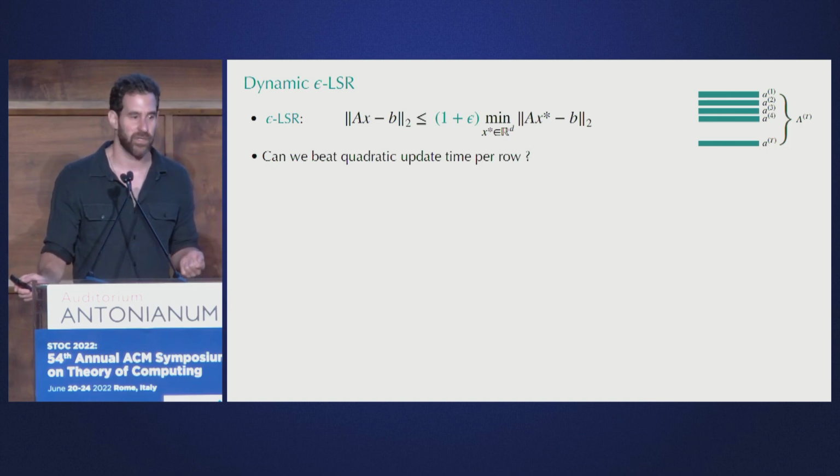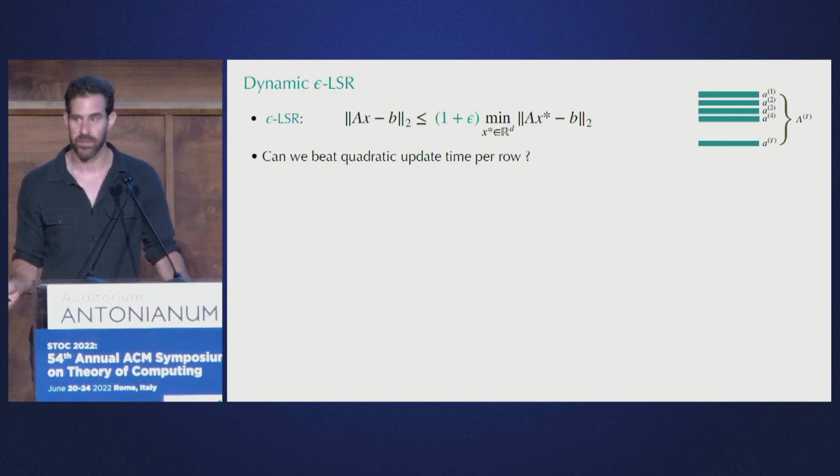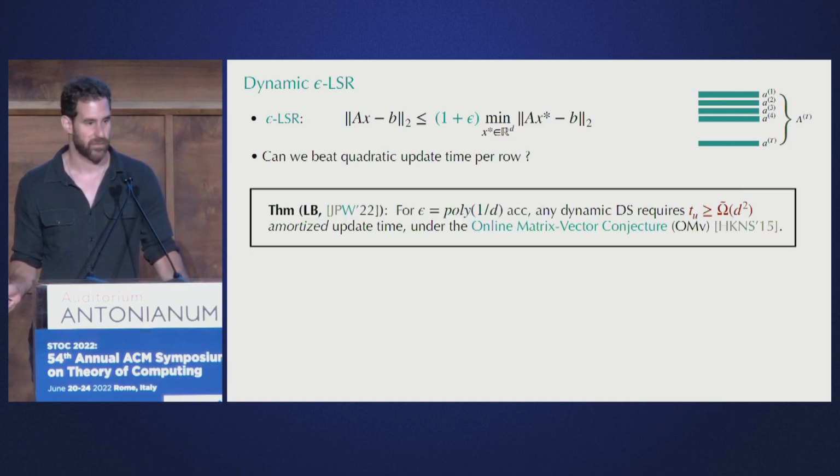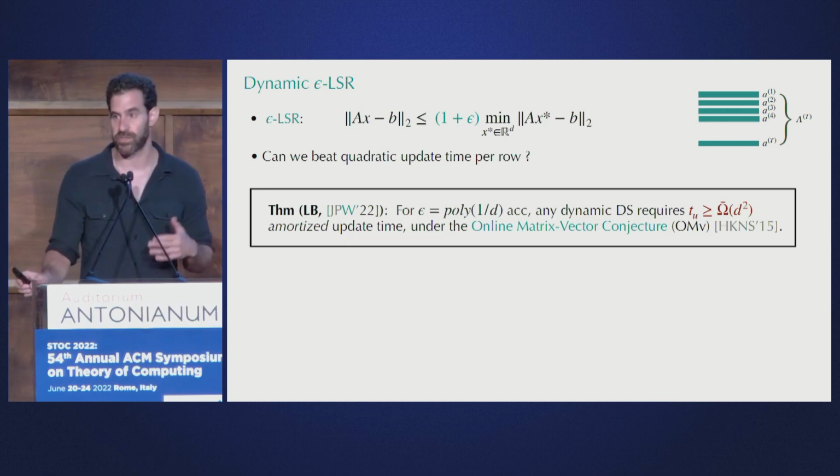Our main question in this work is, can we actually beat Woodbury, the d squared update time, in the dynamic setting, if again we're willing to settle for some small epsilon approximation? That makes sense? So I'm going to present, in the next 15 minutes, 2 results which essentially settle